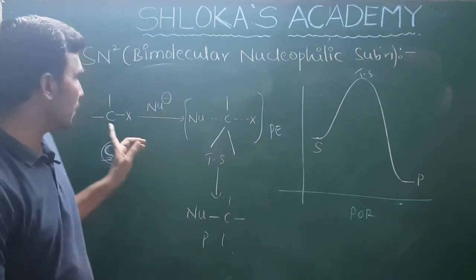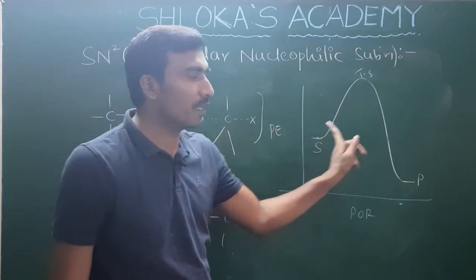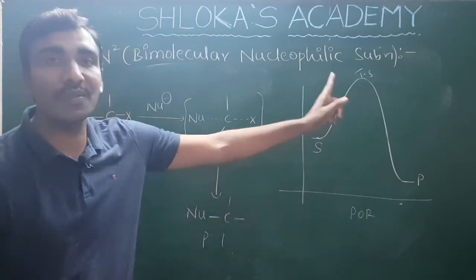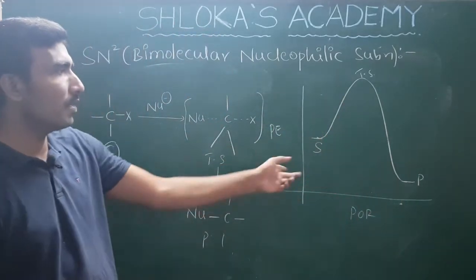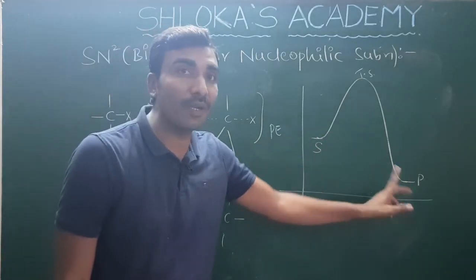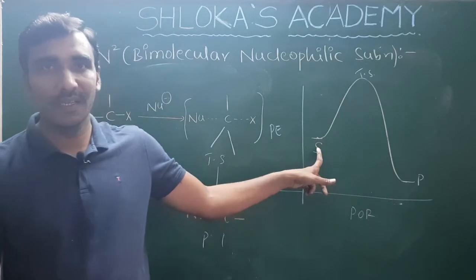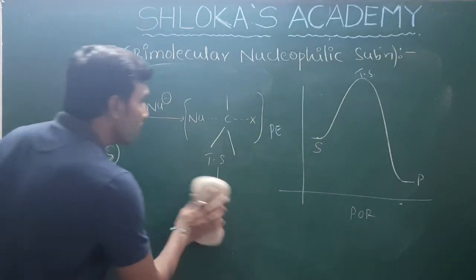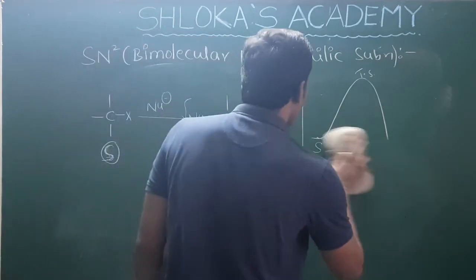Understood? The substrate has more energy than the product, which means this hypothetical reaction is what? Exothermic reaction. It involves energy release, because the products have lower energy than the reactants. Okay, next. Factors or stereochemistry of the reaction.